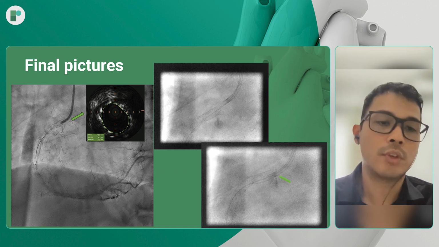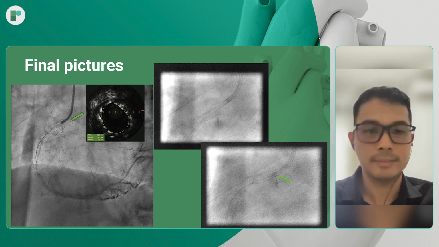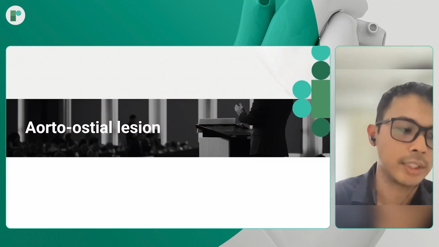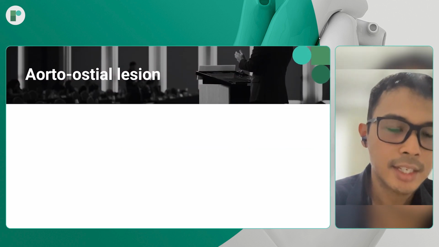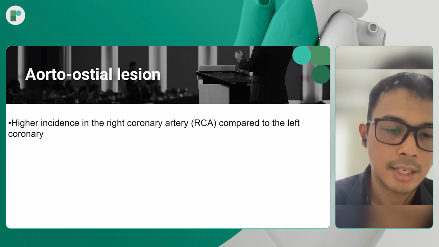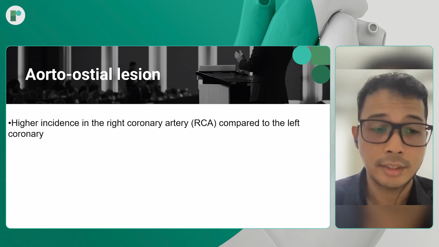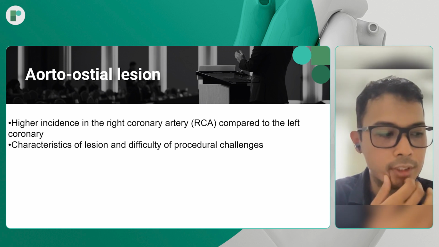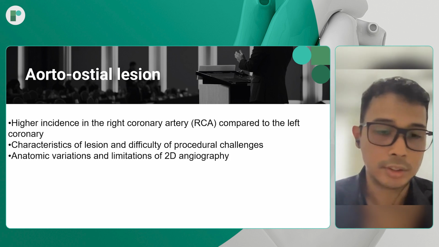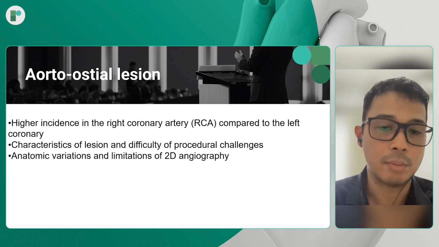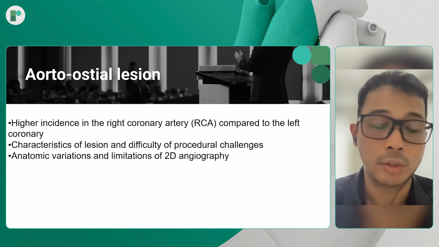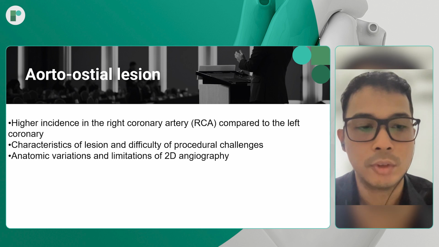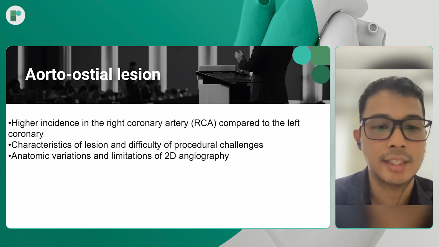So for the discussion itself, let's discuss the further implications of the aorto-ostial lesions and protruding stent. The incidence of aorto-ostial lesions is higher in the right coronary artery than the left, and it underscores the importance of understanding the characteristics and addressing the challenges that we might find when we perform PCI on aorto-ostial lesions. The problem is getting worse because of the anatomic variation in the RCA and also the